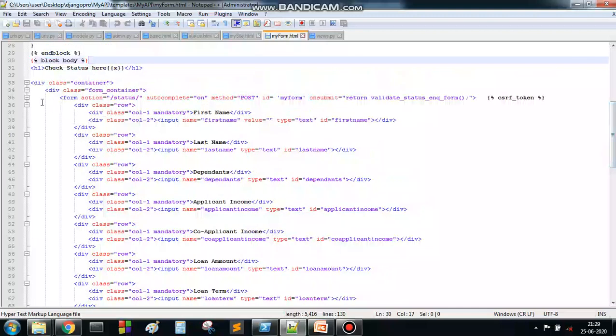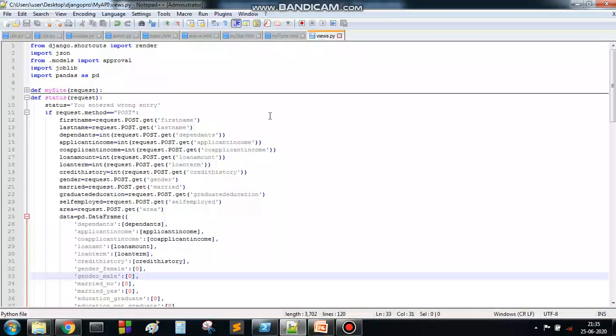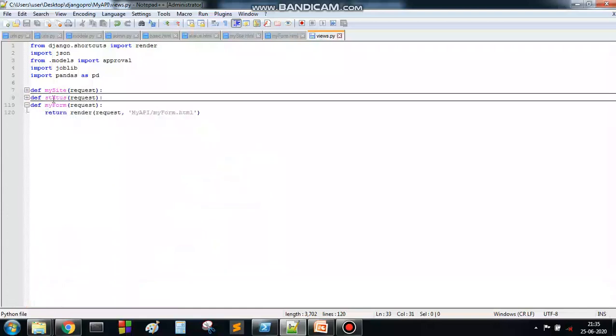One thing you should notice here is that the method of this form is post. This is a post type of method, and the CSRF token is mandatory in the case of a form. So let's go to views.py. In views.py there is a function present, namely status.